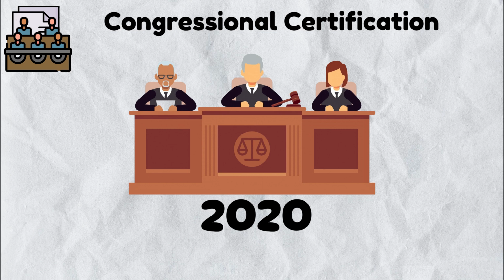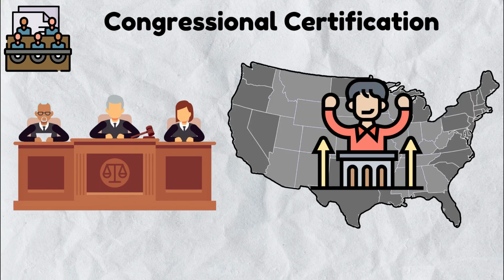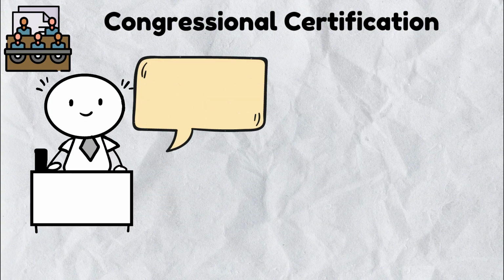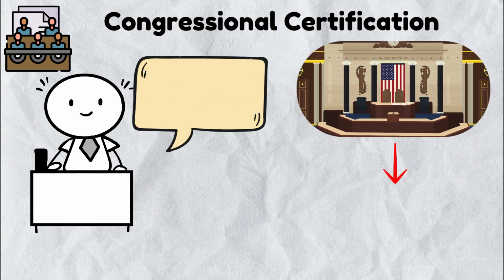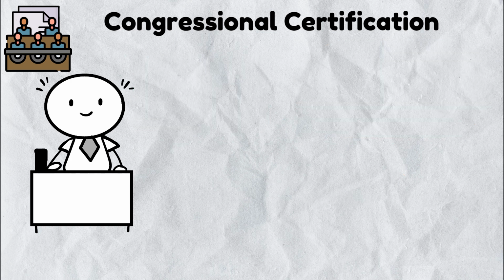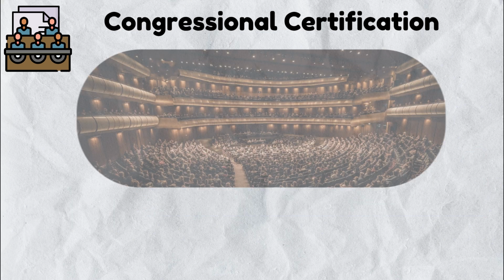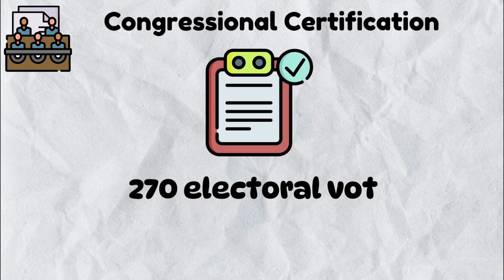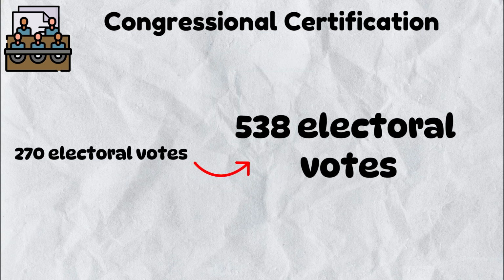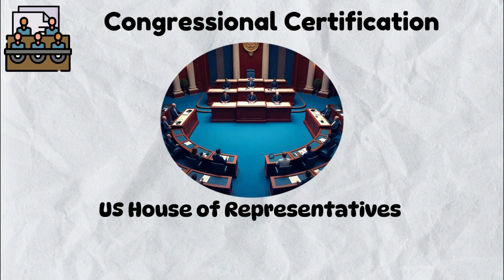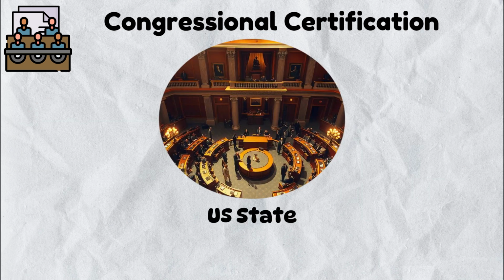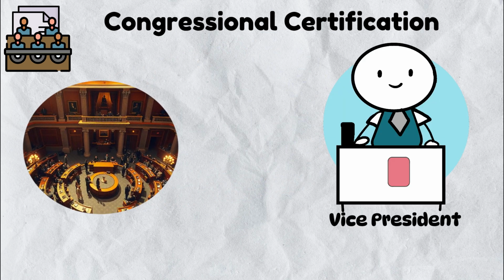The Supreme Court's 2020 ruling affirmed states' authority to enforce laws binding electors to vote according to their state's popular vote. This decision reinforced Congress's role in overseeing the certification process, emphasizing the importance of this last step in finalizing presidential election results. Where Congress is unable to certify the result to achieve the magic number of 270 electoral votes, which is the majority of the 538 electoral votes, then the U.S. House of Representatives votes based on each state delegation having one vote. The U.S. Senate is empowered to vote for the Vice President.